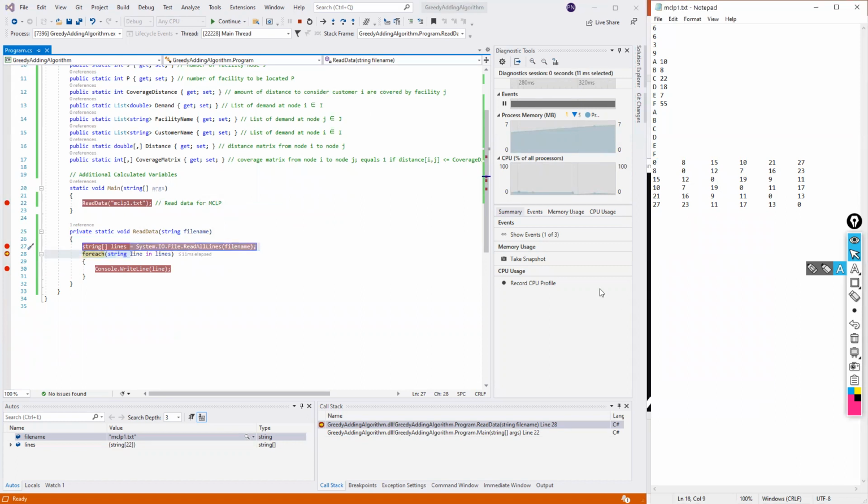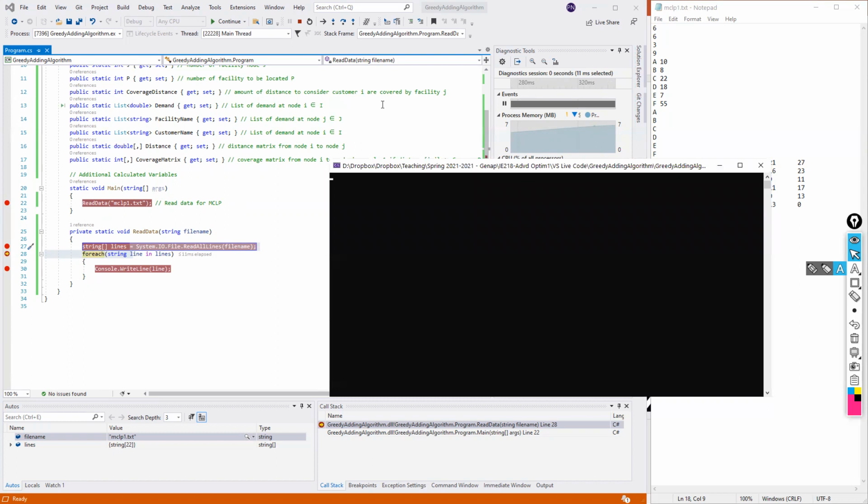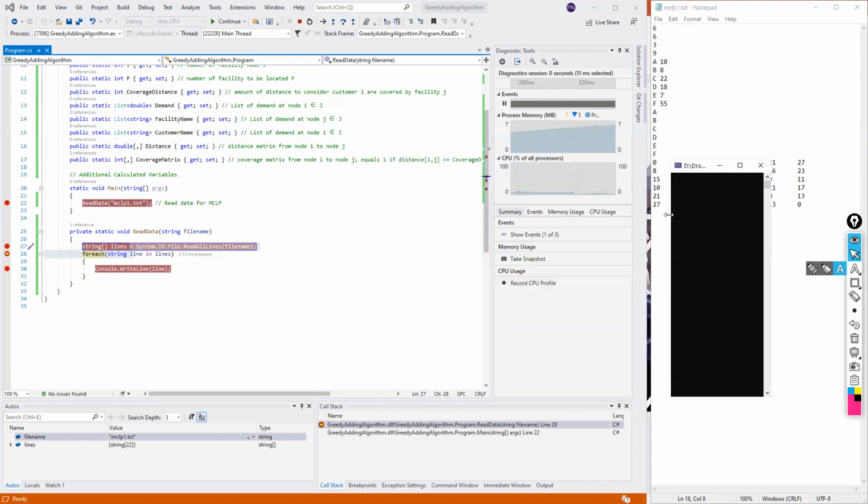Okay, so if you want to see it one by one, you just need to run through the code, and then you can see that they will work like